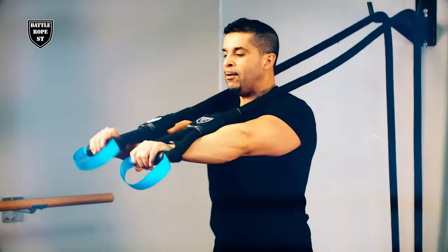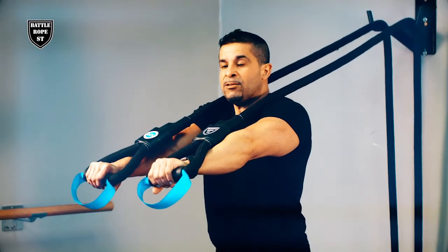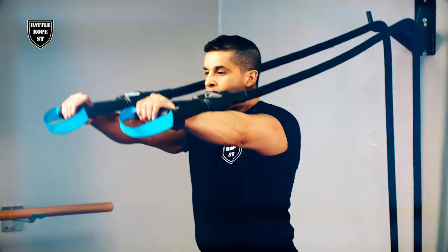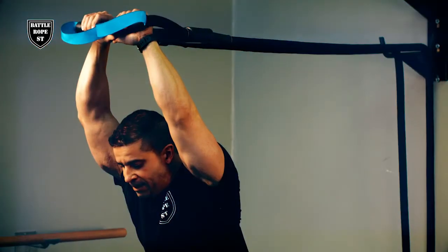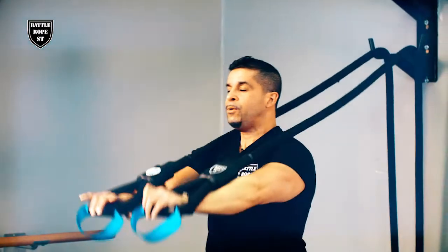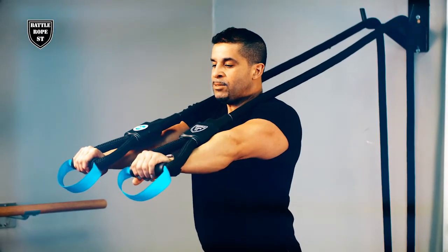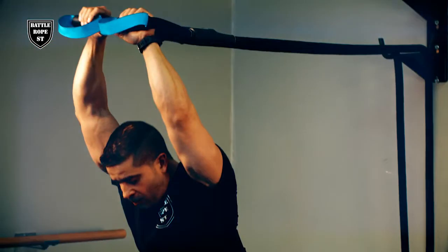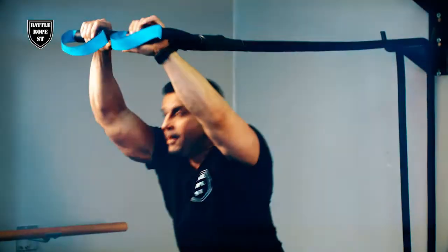So I'll start with the rollout, starting with the rope right about shoulders lined up with the front of my deltoids, and I'm just going to follow my shoulder line going straight up. I have a slight bend in my elbow. I'm going to bring my hands together at the top, making sure I bring my core with me. Really important when you do suspension movements, keep the straight line between the shoulders, hips, knees, and ankle, and that's going to keep the core engaged. So again, from right here, arms are fully extended. I'm going to extend them straight up, bringing my hands together, engaging my core, my whole upper body, and returning back